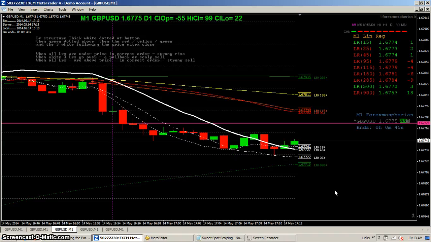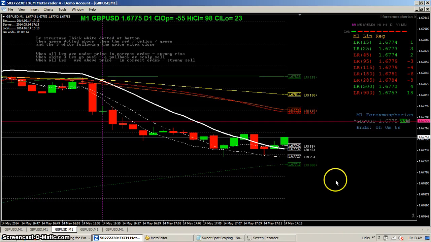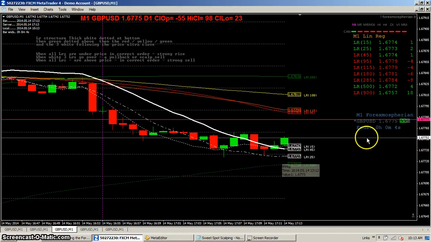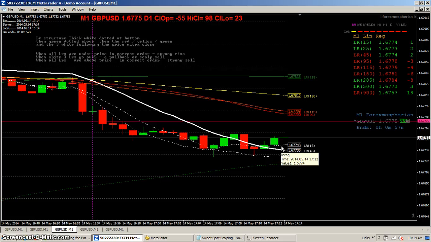Now, the one thing here that I've noticed about his system, he uses the M1 time frame for these scalps. He's going for 5 pips, and if you can do that 4 or 5 times a day, he says you can make a good living. So you see here, we still haven't gotten the trigger because this line has not crossed over. So we will wait,